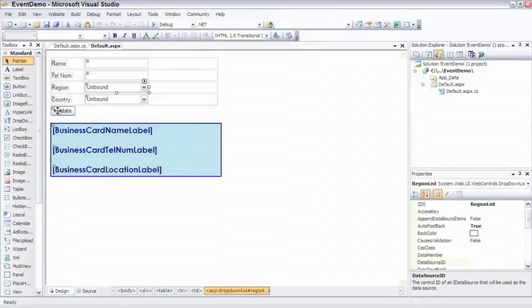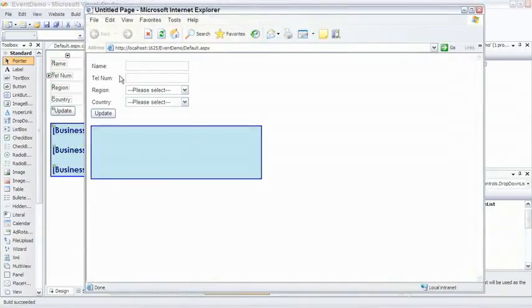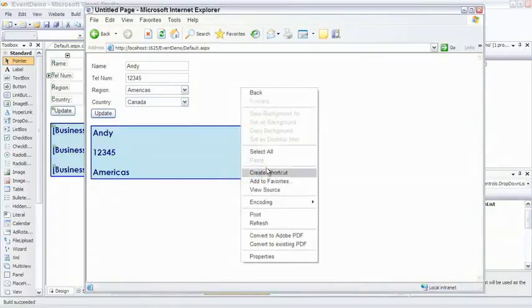If you're curious and you're wondering how this auto postback mechanism works, open up the web page again and click View Source and see what you find. You'll find it's quite interesting. I'll just do that here quickly. I just run the application, typed in the name and the telephone number, 1, 2, 3, 4, 5, region Americas, and country Canada. And if I do a View Source,